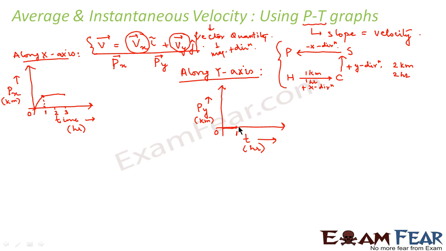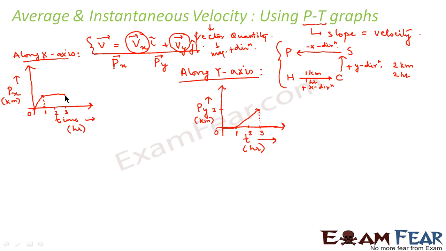And in this case, there is motion along the positive y direction. So let us say this is 1, this is 2, this is 3. In this case, there will be a motion in this way. We saw that for 2 hours, it travelled along the positive y direction, so its position increased to this point. That means this point would be 2 kilometers. Fine. Now after that, it again moved in the negative x direction and there was no component along the y direction. That means again y will become 0.